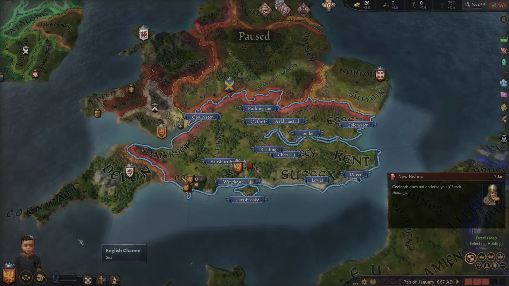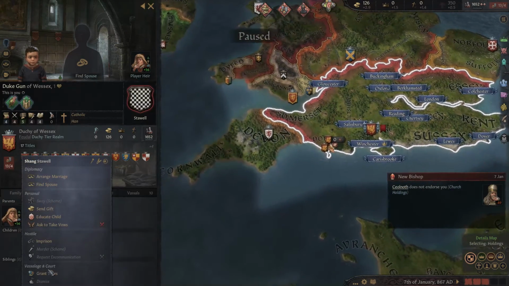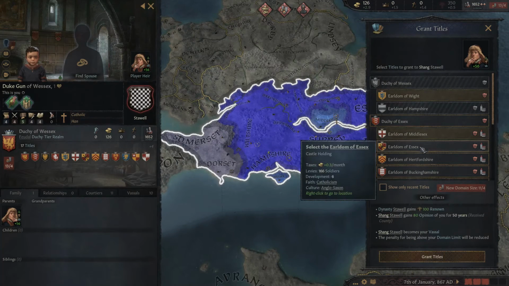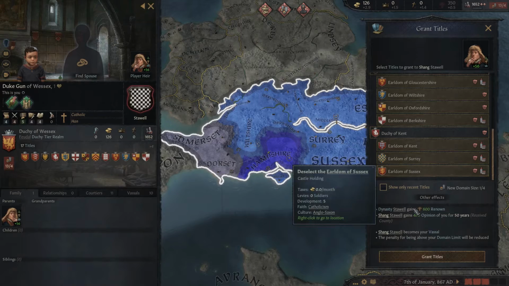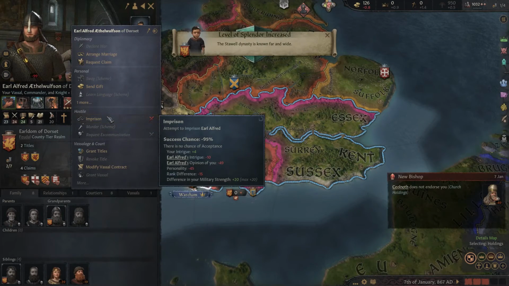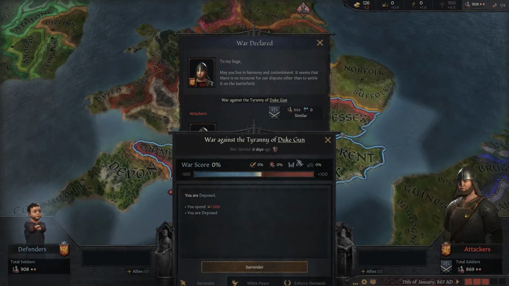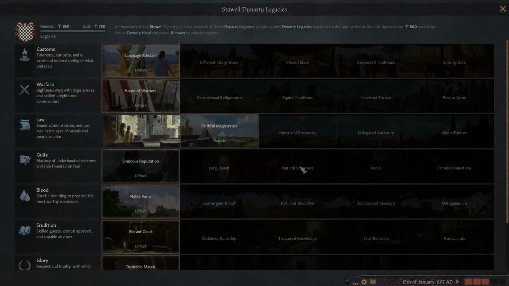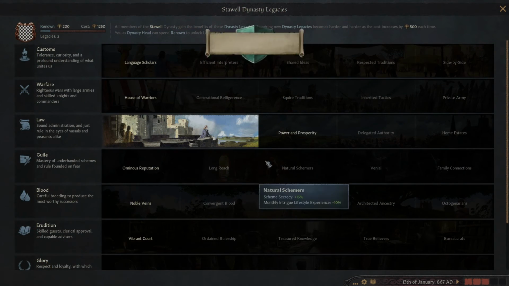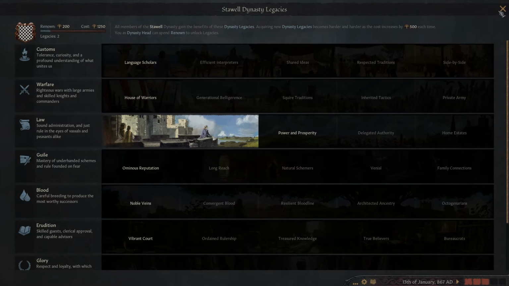The final part of this exploit is that it's actually repeatable, especially at this stage, because I can just go back to my father and grant him everything back again. Just give him everything back. Try to imprison Alfred. Alfred says no. Surrender and we are deposed. And with that, we're back to playing Shang, the original character. Oh, and we also have more Dynasty Legacy things to take. So basically, you can just repeat this on loop as much as you like to complete as many Dynasty Legacies